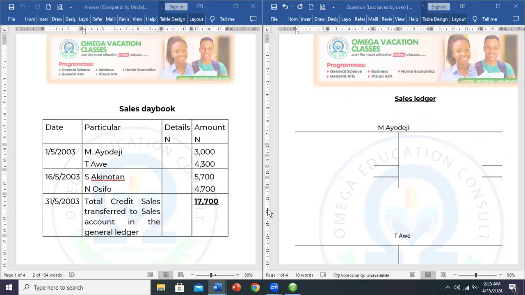Okay, so for M. Ayodeji, he's a debtor. So when you sell to debtors or customers, you debit them, right? When you sell goods to M. Ayodeji, you debit M. Ayodeji and you credit your sales account. So in M. Ayodeji's account, we are going to show the date 1st May 2003. And the narration will be sales. Then you put the amount there, 3,000